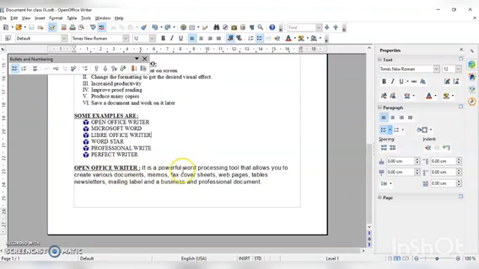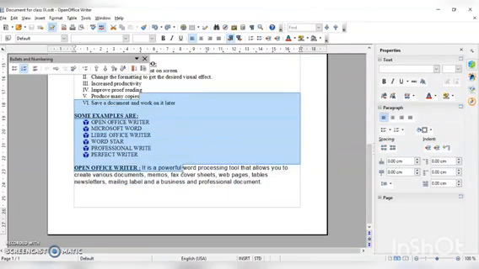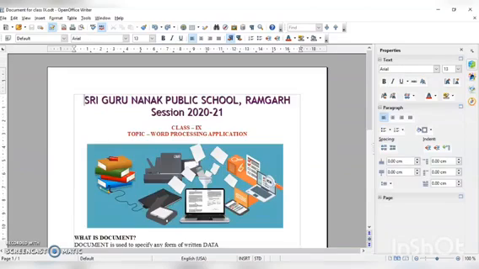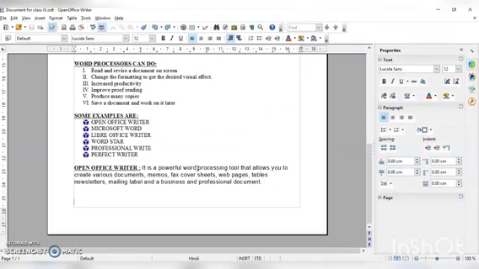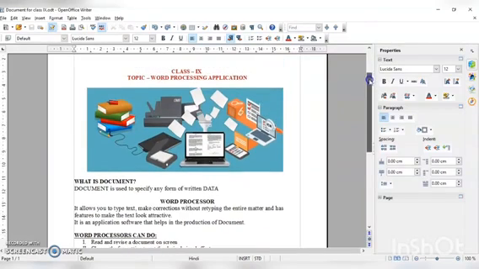Next, if you want to select text, we can use the Shift key and scroll in the forward or backward direction to select it. We can use the down arrow and up arrow keys to select these. If we are in the center of any line and want to go to the starting, we can use the Home key, or to go to the end of the line, we can use the End key. For the top of the document, use Control plus Home, and Control plus End for the end of the document. So these can be used to scroll through the text very fast.